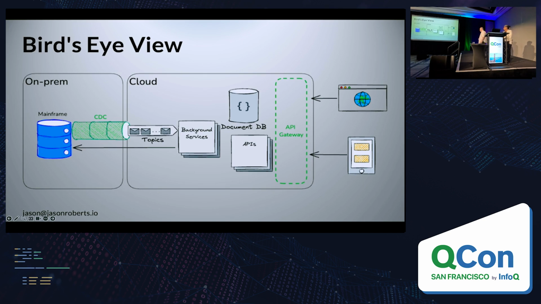So this is a bird's eye view of the architecture. On the left there, we have the mainframe, and we have change data capture. Configured on that mainframe is that green pipe. And again, that's the core, that's the foundation that ties all these things, well, not ties them together, but makes it possible. From the change data capture, we have a system that emits events into what are essentially Kafka topics. Technically, it's on Azure in Event Hubs, but it uses the API, so same difference.